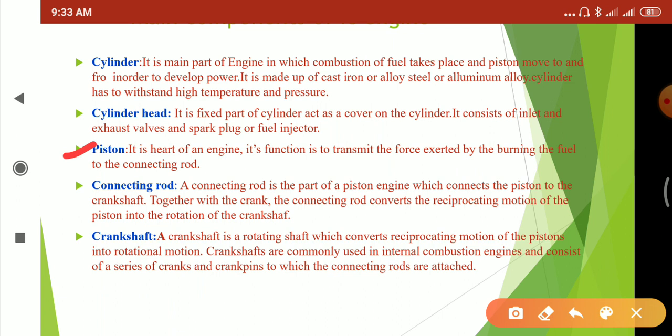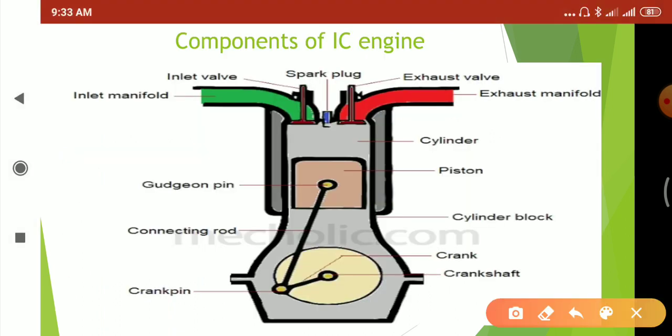Whatever force is produced by burning the fuel is transmitted to the connecting rod with the help of this piston. So in the figure, you can observe this is the piston,